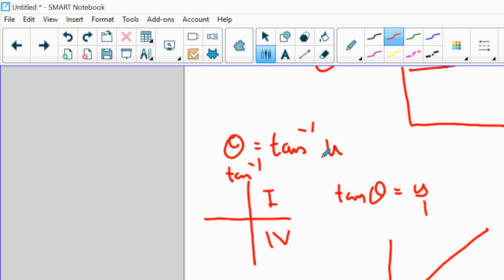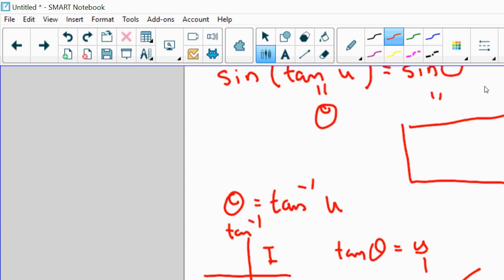Just draw a triangle. There's some theta. It's u over 1. But you square this, you square that, you square root it. Square root of u squared plus 1. But my question is sine. So it's u over